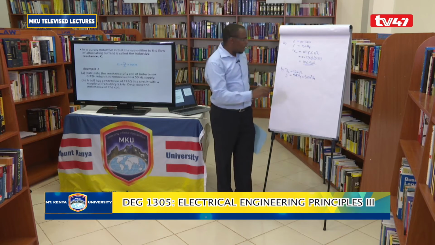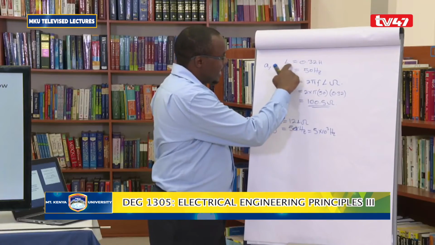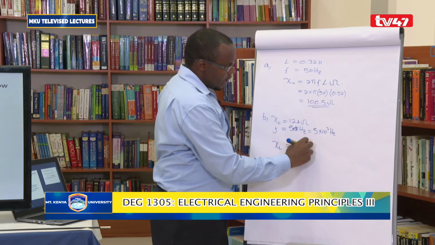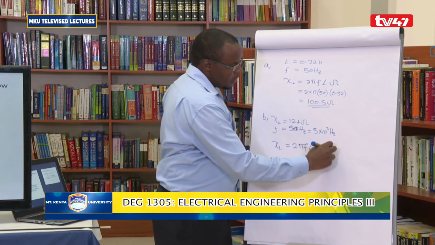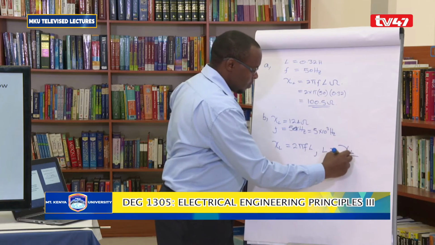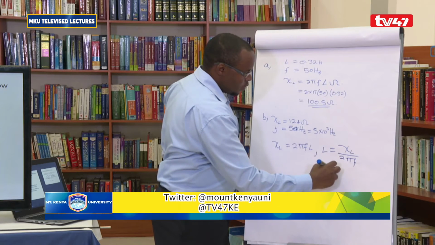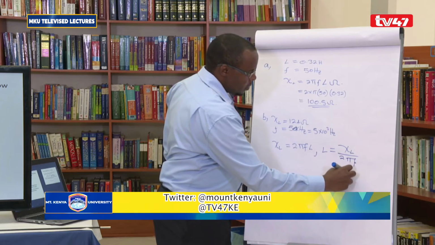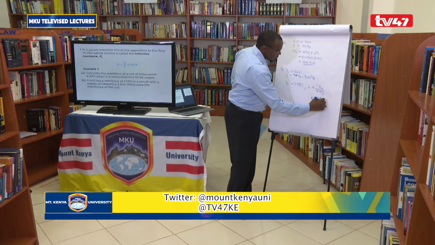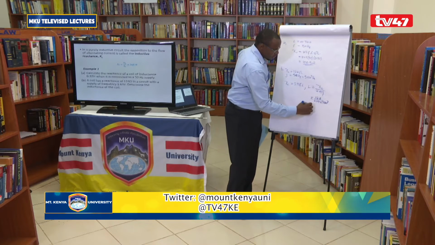And then you're supposed to determine now the inductance. So make L the subject of the formula. You have got XL is given by 2 pi FL. So making L the subject of the formula, L is going to be given by the reactance divided by 2 pi F, and this is going to be 124 divided by 2 times pi times the frequency, which is 5 times 10 raised to power 3. So when you work this one out,